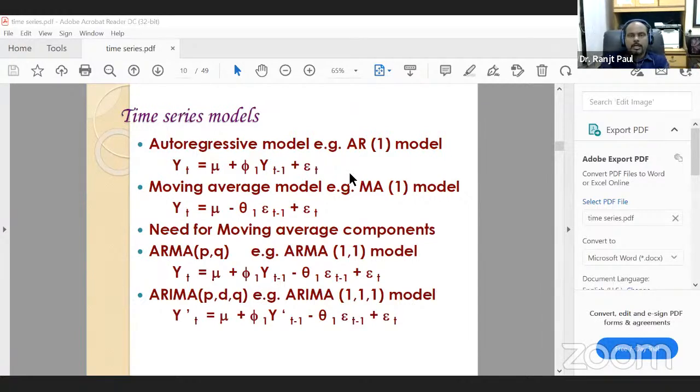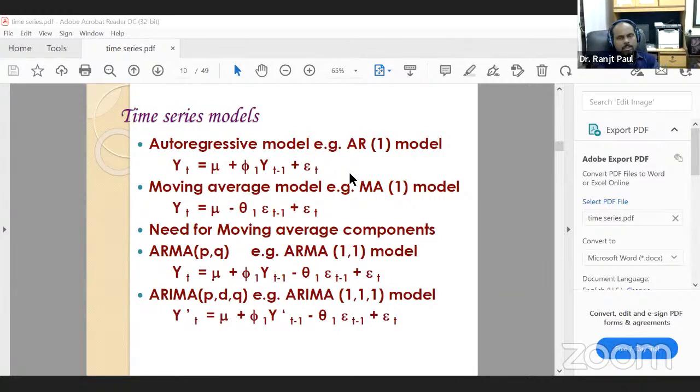That means when data comes into your hand, we try to validate the assumptions for the data set. And if we find that the stationarity assumption is violated, then we go for transformation of the response variable, either a log transformation, or we can go for differencing the data set to make it stationary. So here y prime is a differenced data, and if we just regress the differenced data on its own past and the past error term, so this will be your ARIMA, that is autoregressive integrated